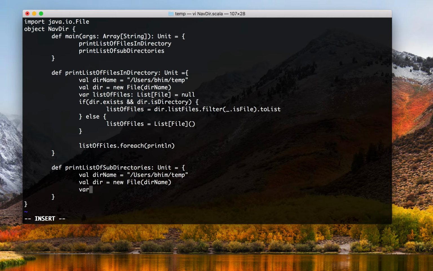Now, a list of subdirectories, okay, that's a string like before. We're just going to create one empty, and then now subdirectories. Now we're going to assign the directory we are interested in, and we list files